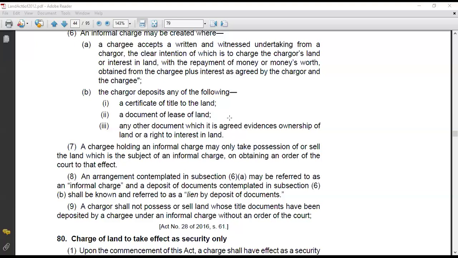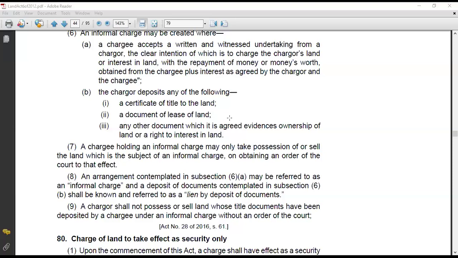And be able to realize their, either take possession or sell the property. Of course, before that, they need to talk to the personal representatives of Peter,